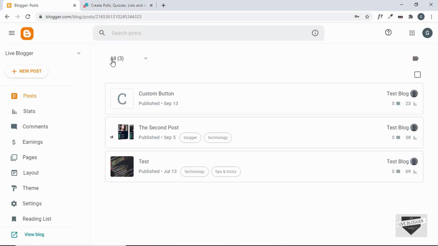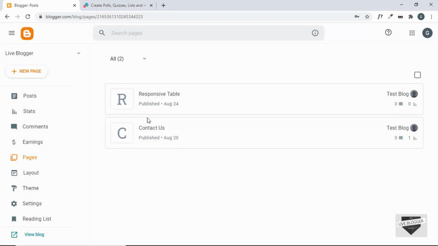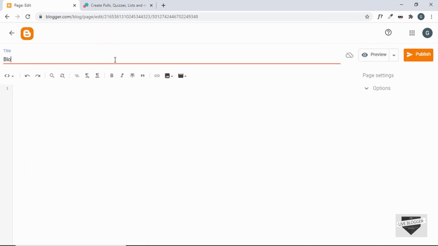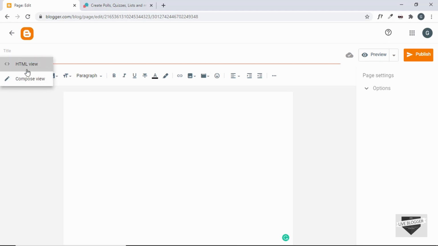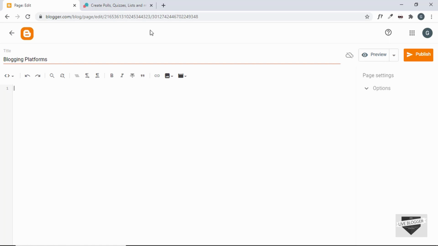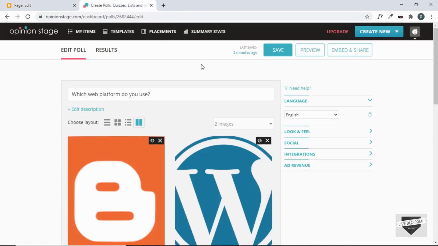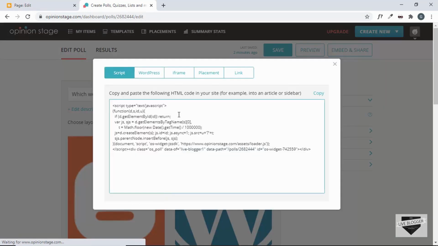So I have opened my Blogger dashboard over here. Let's go to pages and let's create a new page. So click on new page. We'll just create a title, blogging platforms, and then here you have to go to the HTML view. So by default it will be in the compose view, which looks like this. So just click on this option and go to the HTML view, and here you have to copy and paste your code. So let's go back to Opinion Stage and let's click on embed and share,